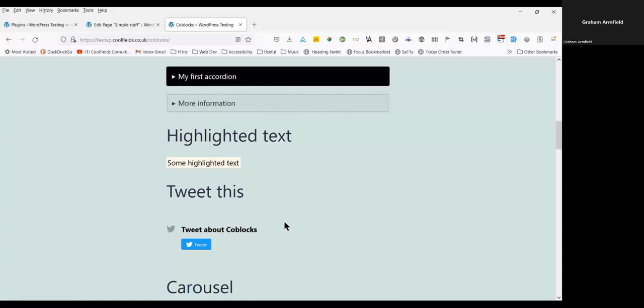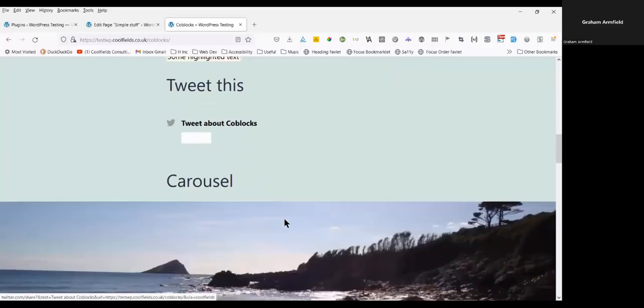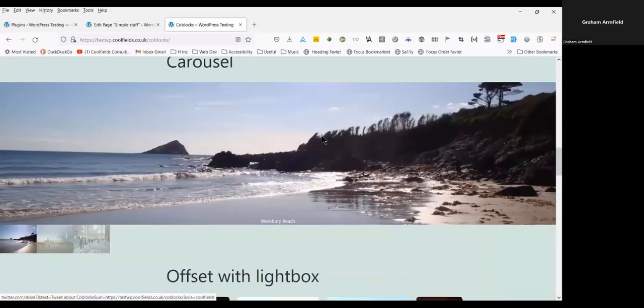A slight challenge though is if I tab to that button, it changes the background color to white, and I've not worked out how to change that. So effectively your button becomes almost invisible now. But there you go. The next thing we've got here is a carousel, and if I click on these things,